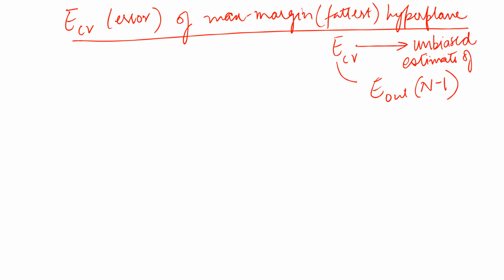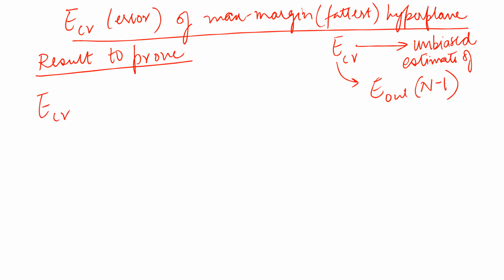We have some kind of a relationship with E out, and we know that if we can do something about this cross-validation error, if we can control or affect cross-validation error in some ways, we have a handle on E out. So that's why it's so important. And what we are trying to prove here, the result that we are trying to prove is this,